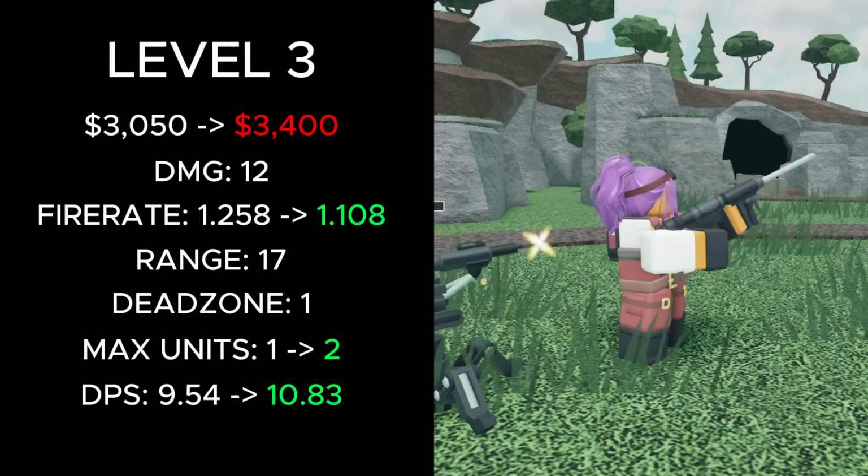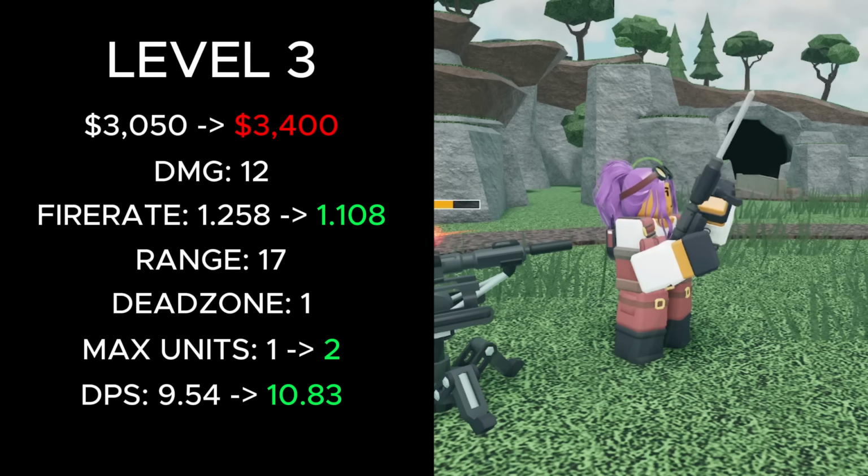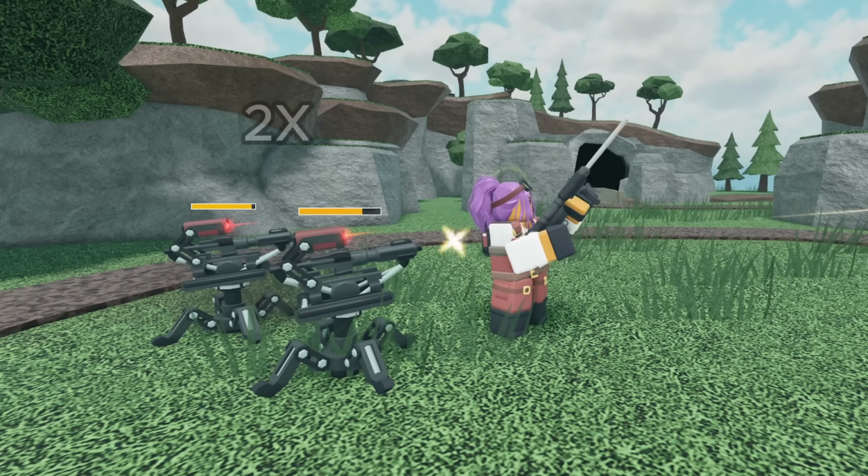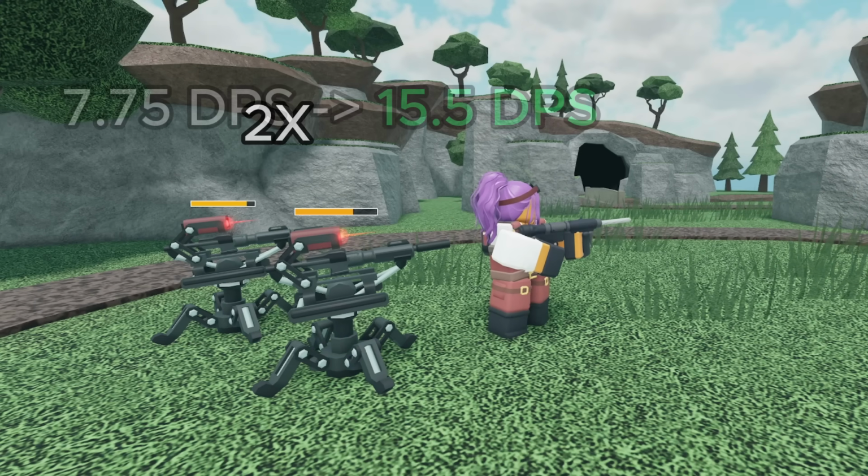At level 3, its total cost increased from 3050 to 3400 cash, its fire rate decreased from 1.258 to 1.108, its max units increased from 1 to 2, and its DPS went from 9.54 to 10.83. Its rifle sentries didn't change, but it can now spawn 2 of them, meaning their combined DPS went from 7.75